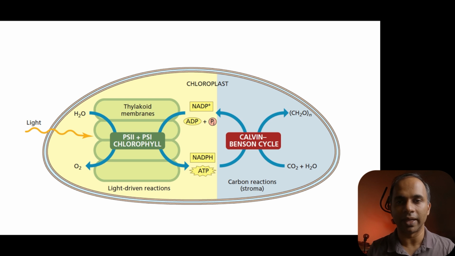And I think during your A levels you learned this cycle as the Calvin cycle, but it was later named the Calvin and Benson cycle, because it was discovered in Calvin's lab, but due credit was not given to Benson, one of the other researchers involved in this project. So nowadays we call it the Calvin, Benson and Bassham cycle, because they were the third graduate student.